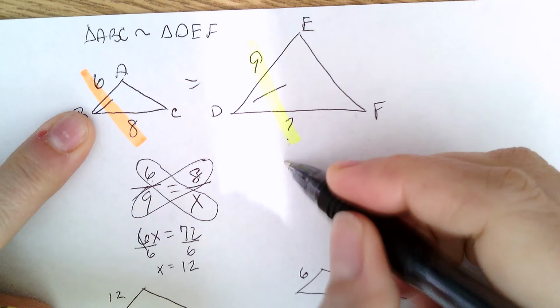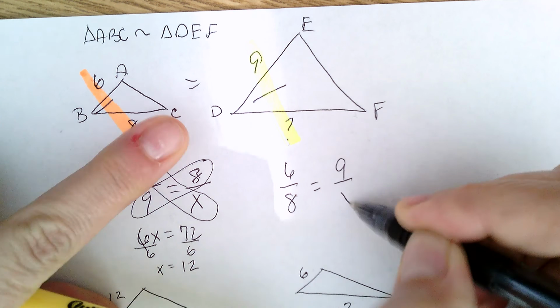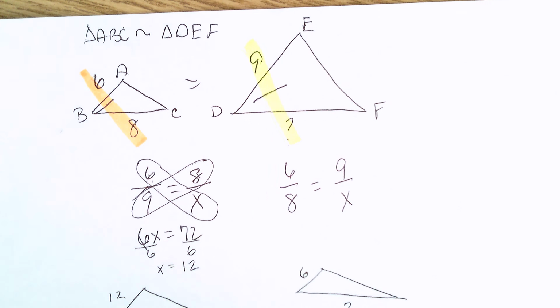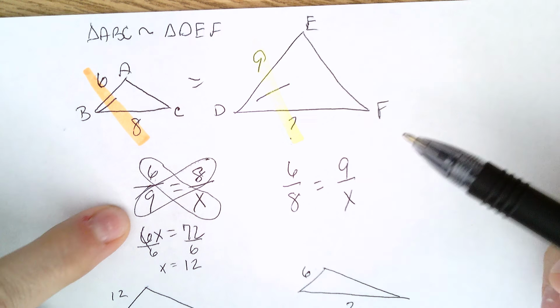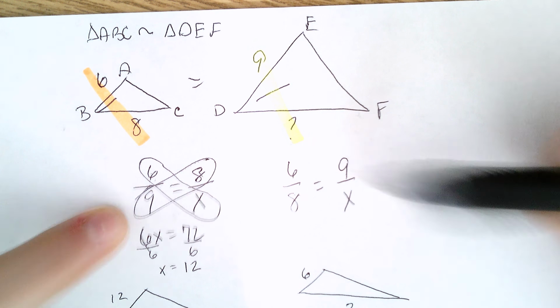All right, so this fraction, 6 over 8, would be equal to this fraction, 9 over, and then the question mark is going to be the x. And then you would do the same thing. It's going to be the same process. You're going to do multiplication, and as you can see, these are set up almost identical. The only difference is these two are swapped, and since we're multiplying those two, it does not